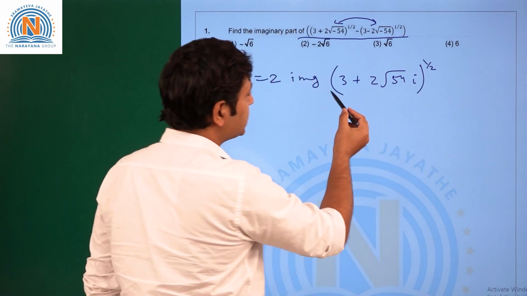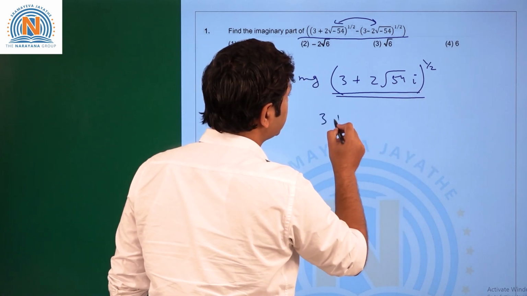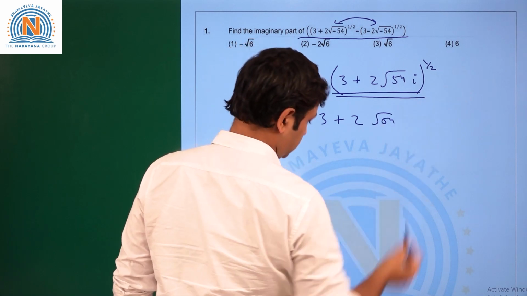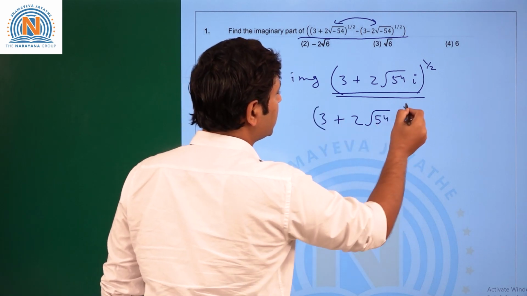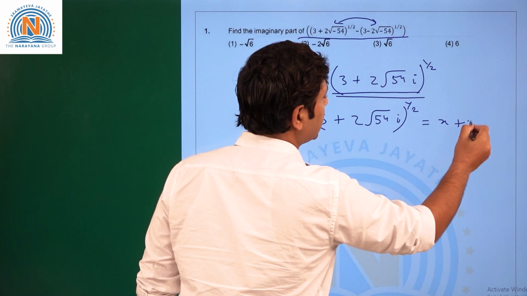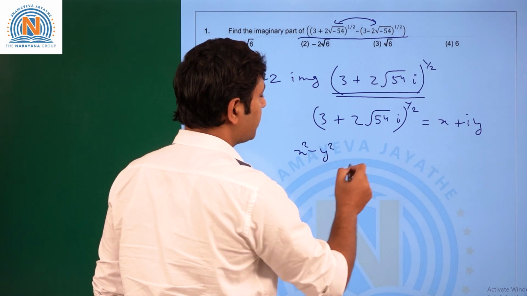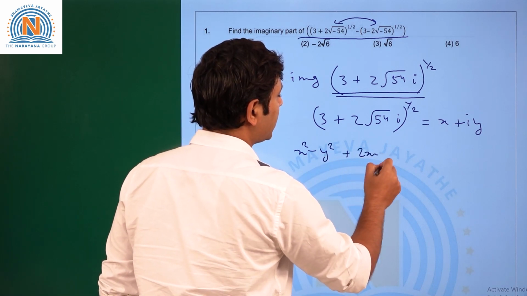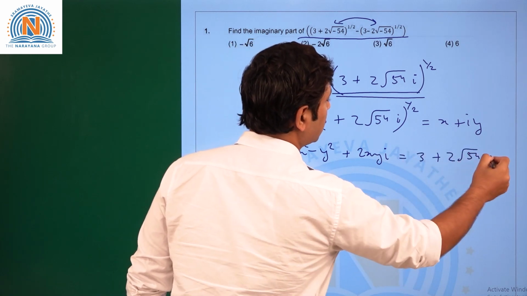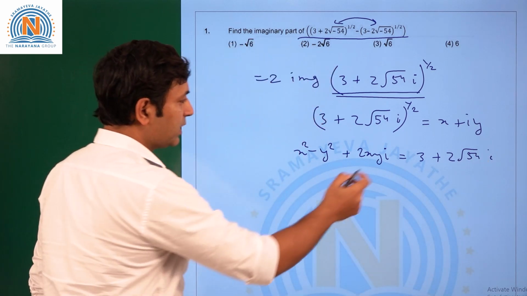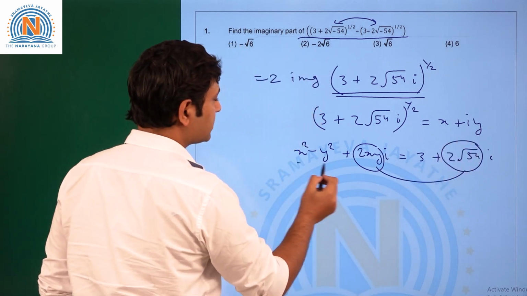Now, to the power half. We have to find the square root of this complex number. Let's take (3 plus 2 root 54 iota) to the power 1 by 2 as x plus iota y. Squaring both sides, we will get x square minus y square plus 2xy iota equal to 3 plus 2 root 54 iota. From here, we can say 2xy is equal to 2 root 54 and x square minus y square is